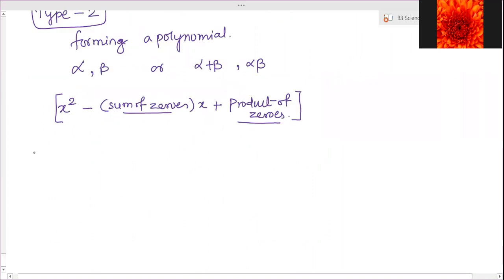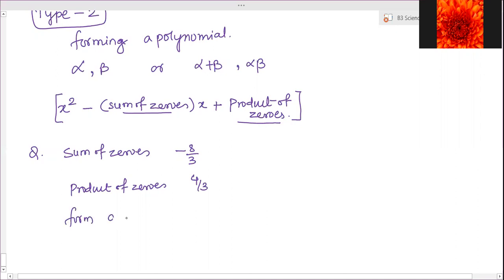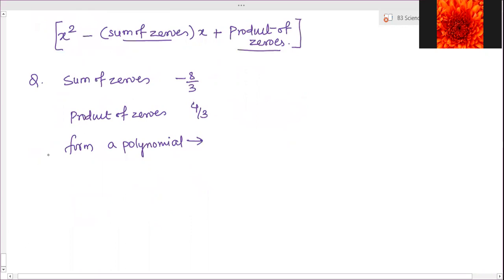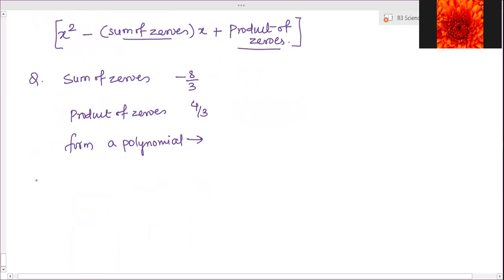So now, suppose the question says the sum of the zeros is minus 8/3 and the product of zeros is given as 4/3. You have to form a polynomial. The sum of the zeros is already given. There are two methods. Listen to both the methods. So first method,